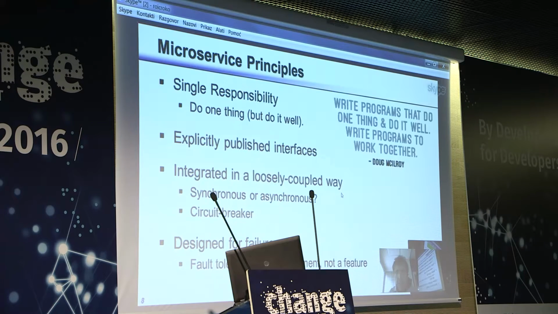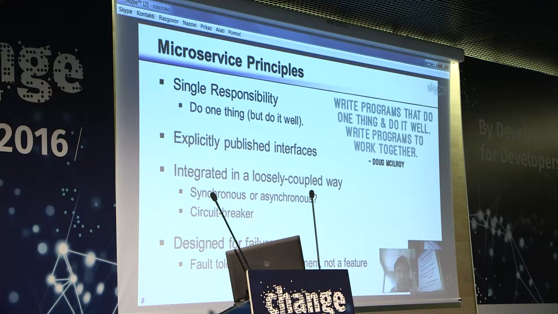Now, integration of microservices should follow loosely coupled approaches. This means either synchronous or asynchronous integration. And I would also advise you, if you become interested in microservice development, that you read something about circuit breakers, which define how basically you can separate existing applications and which practices to use to limit the communication between the microservices.